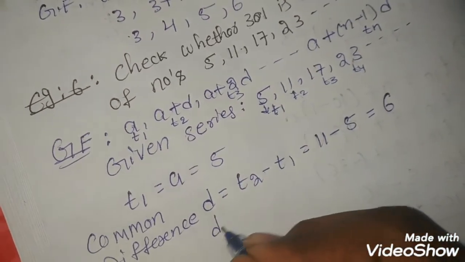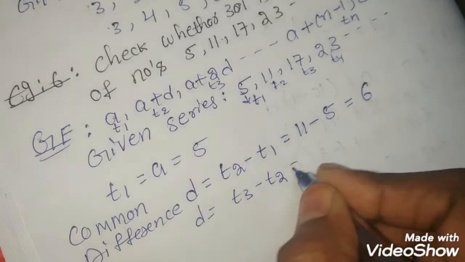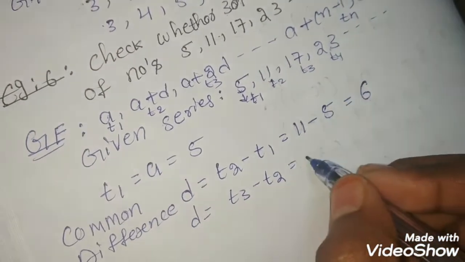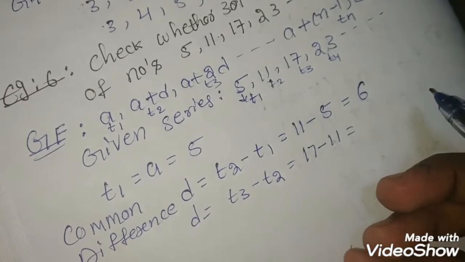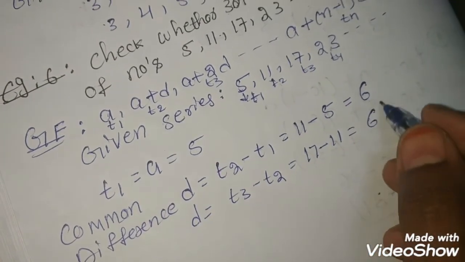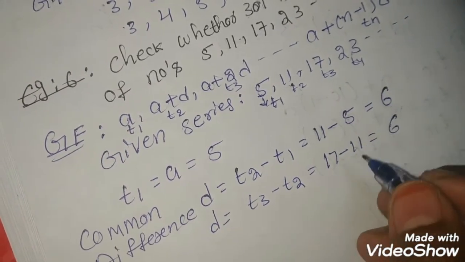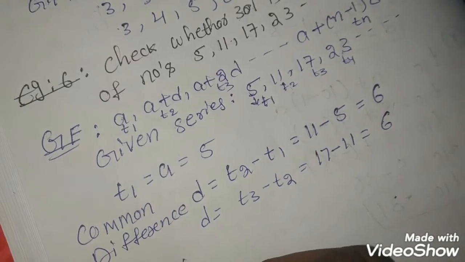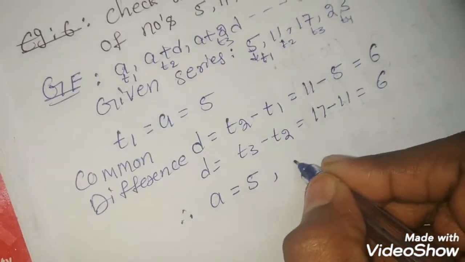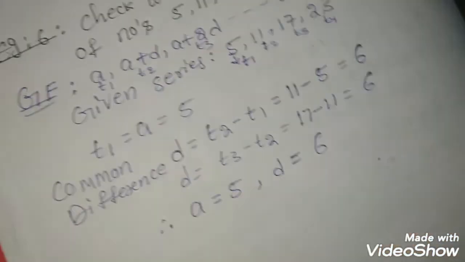Okay. So, still if you have a doubt, is this an arithmetic progression or not? Let's check another D, that is T3 minus T2. If you are getting the same answer, then this series is in arithmetic progression. What is T3? 17 minus 11. What is 17 minus 11? We get 6. So, we have a constant term here. Then our series is in arithmetic progression. Therefore, what is the first term? A is equal to 5 and D is equal to what? 6. D is equal to 6.